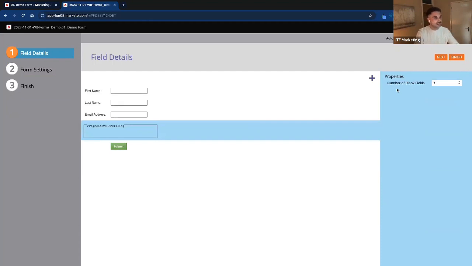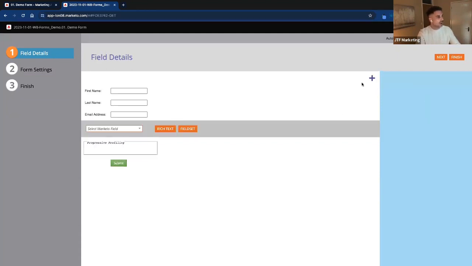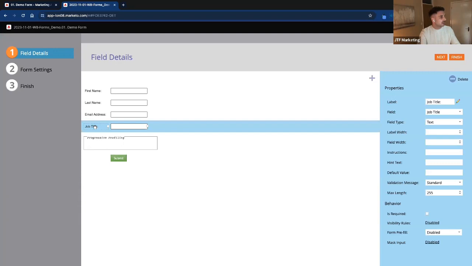you can see here that it has on the right-hand side a number of blank fields and properties. Essentially what this is saying is that every time somebody comes to this form, it will show 3 new data points to be captured. At the moment, I haven't got any in here. So I'm just going to drop in a few example values. For example, if I wanted to add a job function or job title even, and I drag that into the middle,